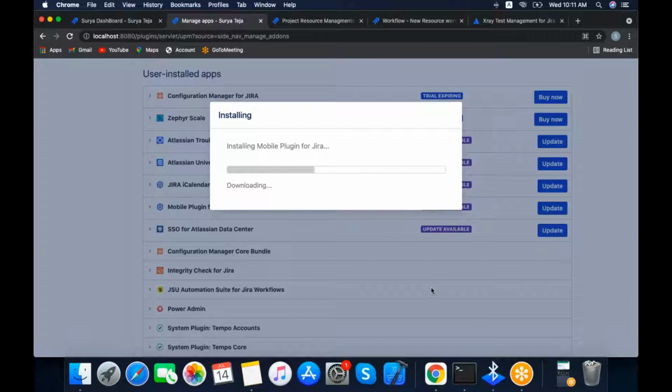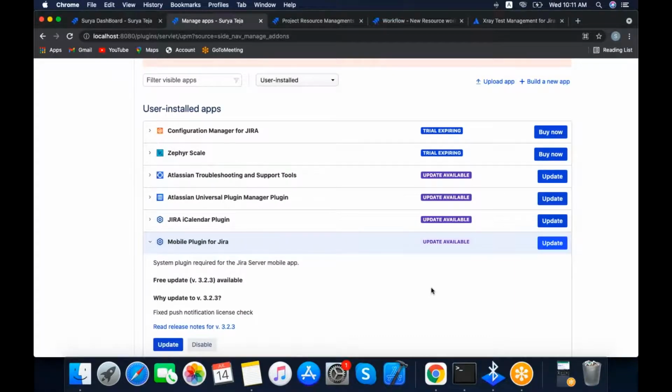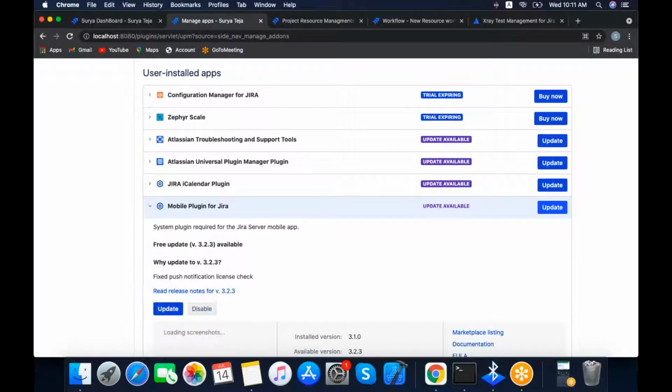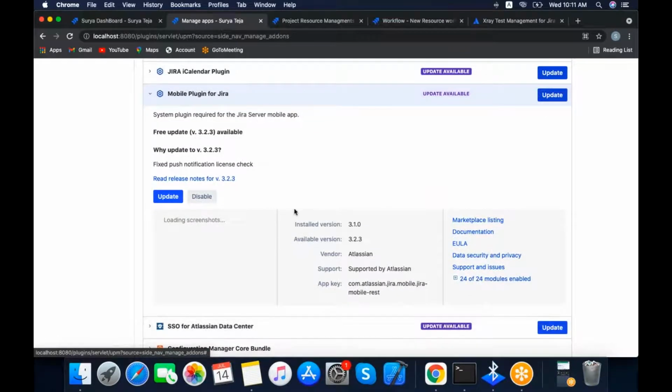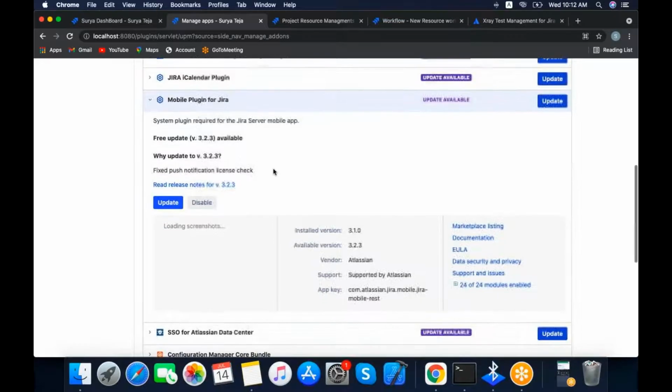This is about the add-ons and transition screens. In this way we will update.